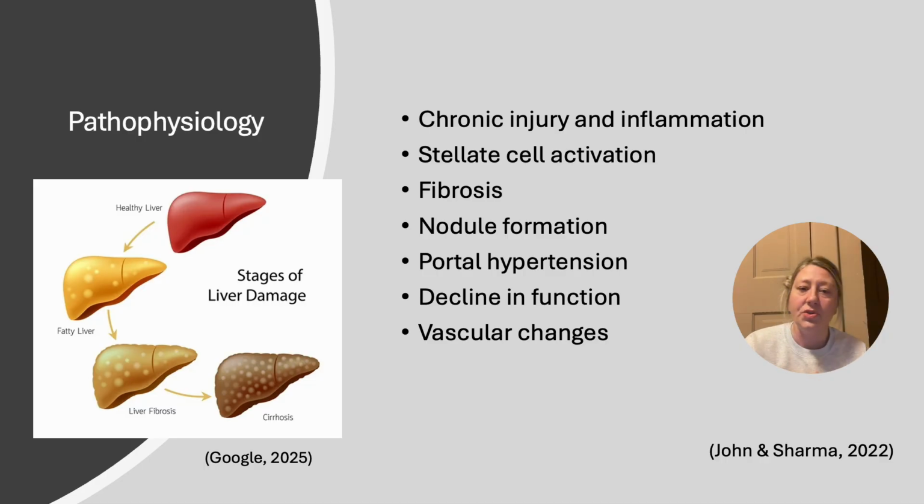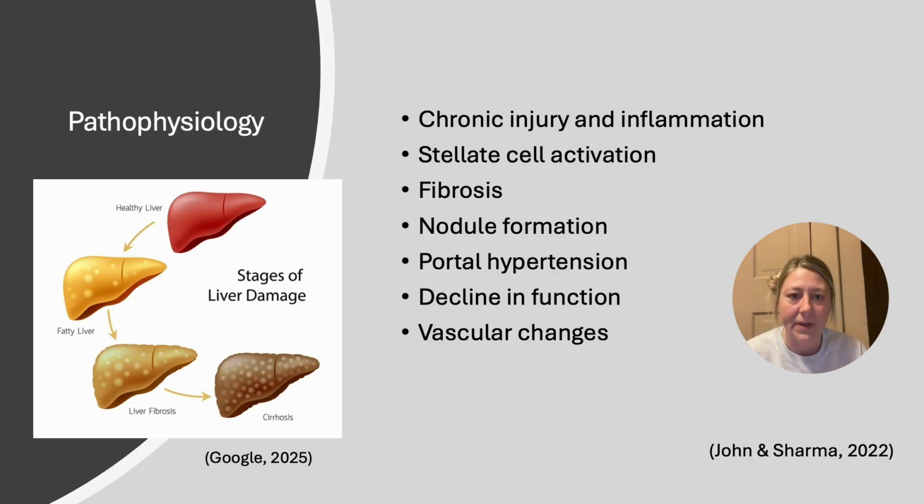And then the nodule formation. These fibrous bands separate islands of regenerating liver cells. They form nodules that further distort the liver structure. Once we're forming these nodules and the liver structure is distorted, then we start to see portal hypertension. Scar tissue and nodules impede the blood flow through the liver's portal veins. This causes blood pressure to rise in the portal vein system. Once we have this blood pressure rising, then we start to see a decline